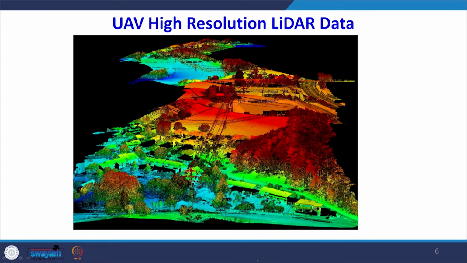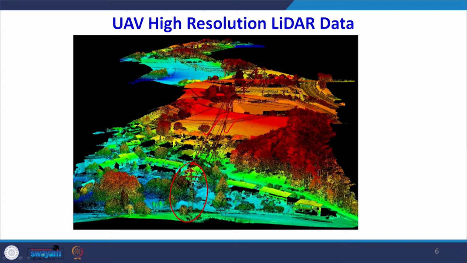This is LiDAR data, very high resolution data, with several million points, and we can see here in this data trees, landscape, and even the power lines and the electric wires, all very clearly seen.